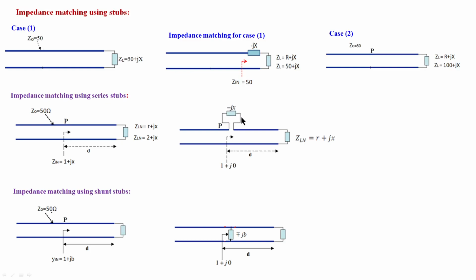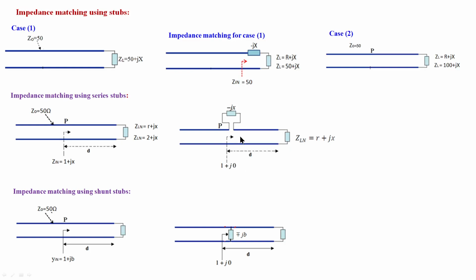You add an opposite reactance component like this, in series. What is remaining is 50 ohm, that is, the normalized value is 1, impedance is 1. So we will make the matching. The wave will come like this. There is a match because we cancelled the reactance existing here. Remaining is only 50 ohm. The wave delivers maximum power to this part of the network.